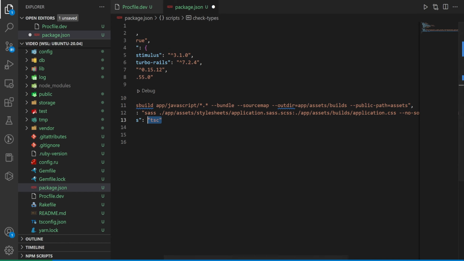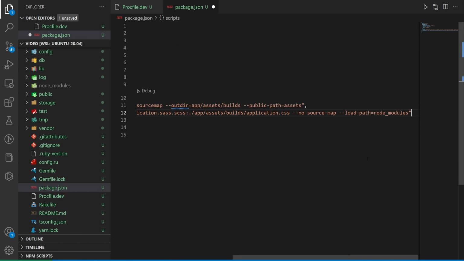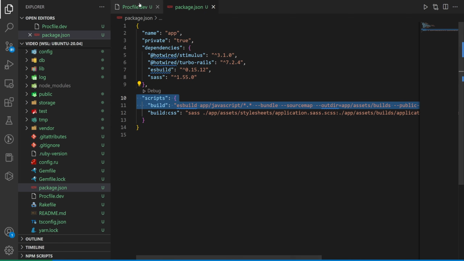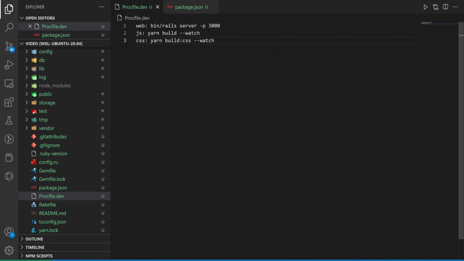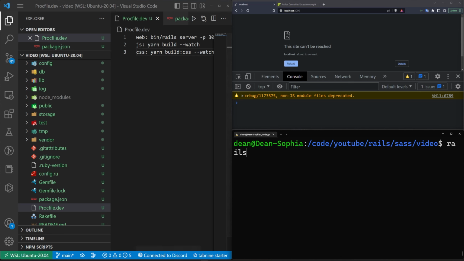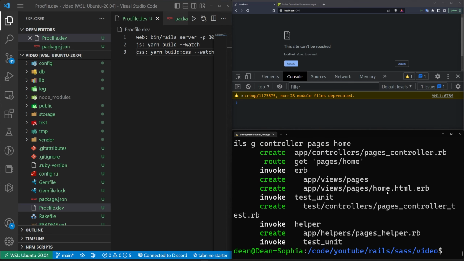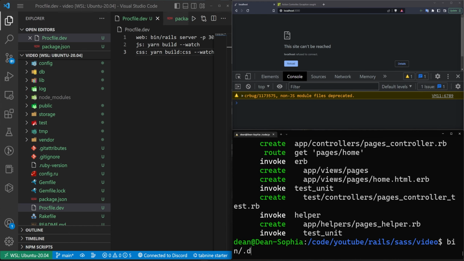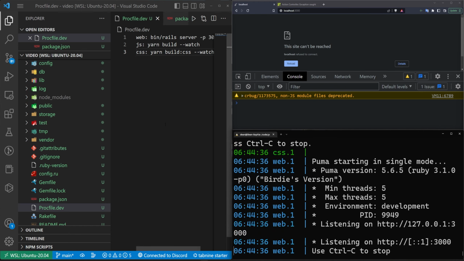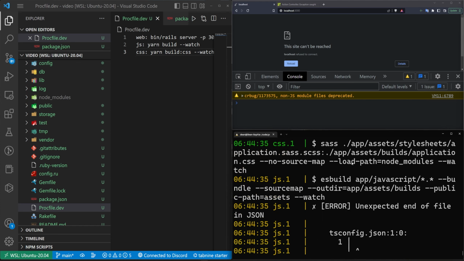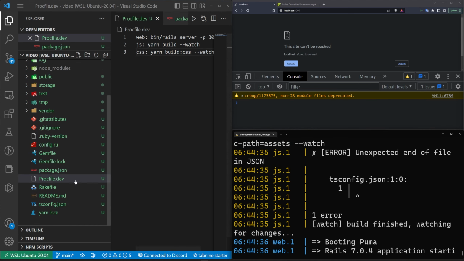In this case, we're not going to be using it, so I'm going to backspace out of this, but the rest of this should work just fine. We'll get rid of the types in here, and then we'll just run a Rails G controller pages home to create a home page. We'll run a bin/dev instead of a Rails S to have this start up various different